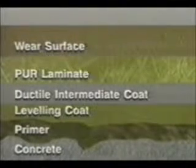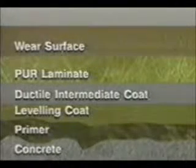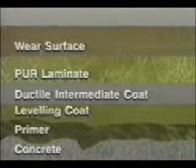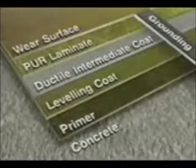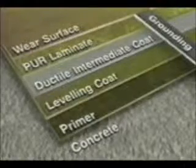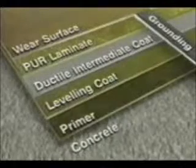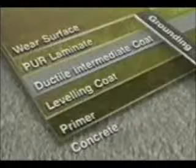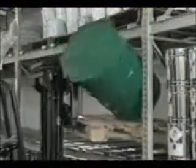The wear surface, designed to take all the wear and tear of such a production unit, is also resistant to chemicals and, if required, can be given anti-static and non-slip properties. Polyurethane floor coatings provide long-term safety and protection, even on floors which are exposed to extreme stresses. And if the worst actually happens,